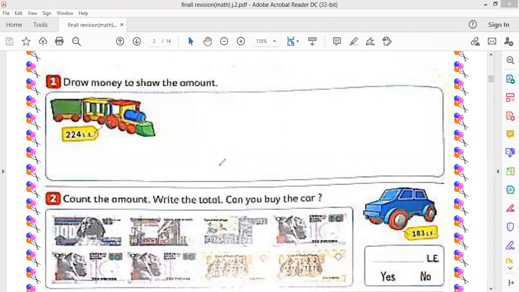Please open page number 1. Draw money to show the amount. We have here 224 LE. Let's start with the first banknote, which is 100 LE. And we can draw two notes of 100 to make 200